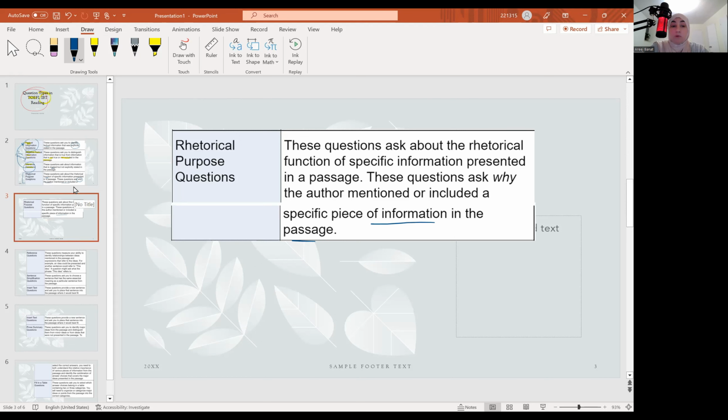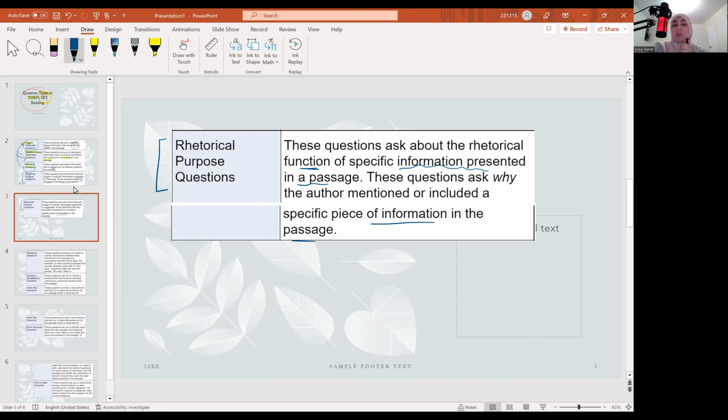Now, the next type of questions is called rhetorical purpose questions. Sometimes these questions ask about the rhetorical function of a specific piece of information presented in a passage. So the author will mention some piece of information. It's not meant directly just for the sake of presenting that kind of information. It has actually another function in the text. All right. So he might be talking about, for example,